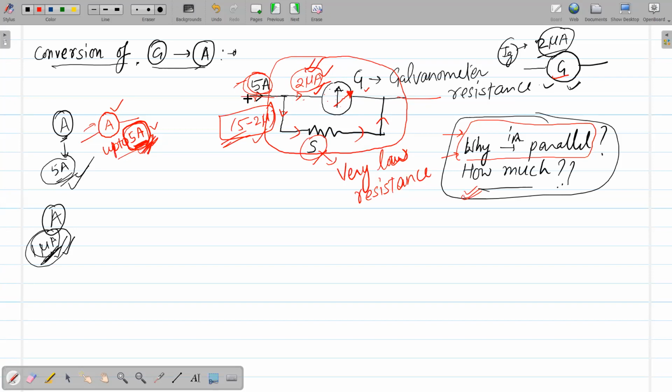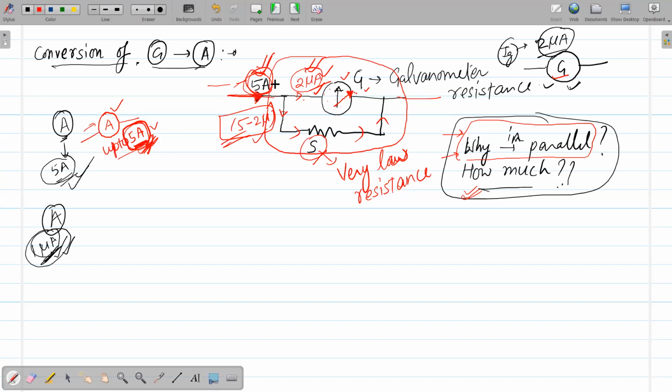So what happens, when you pass 5 ampere current through this circuit, this galvanometer starts giving full deflection. That means virtually it would appear as if this galvanometer now has this current range, because on passing this current it is giving full deflection. So virtually it will be observed like this galvanometer is now of this current range. Are you getting this or not?